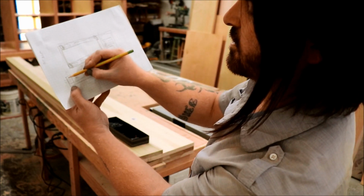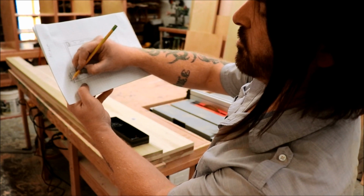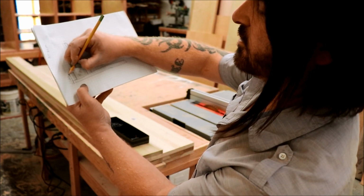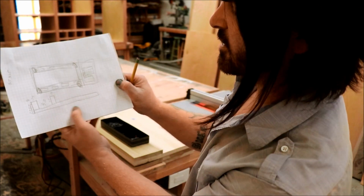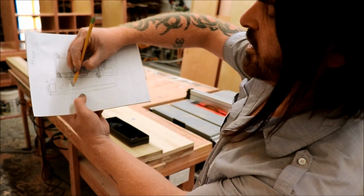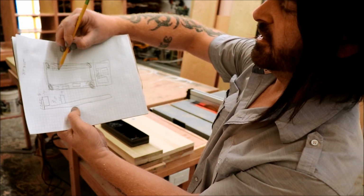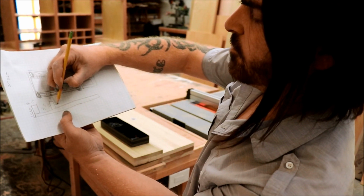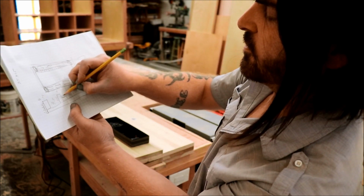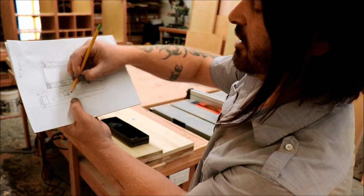To hide this edge here, we're going to put another piece here. This will be 1.5 as well, and this will be 1/8. I don't know the decimal, 12 something, but we'll just go with the 8. Next piece we're gonna need, because if you see my videos, you see I have a lot of inlaying going on for this, that, and the other thing. We gotta incorporate that here. We need a base for the roundels that are gonna be on there. This base is gonna be 7/8, and we're gonna go